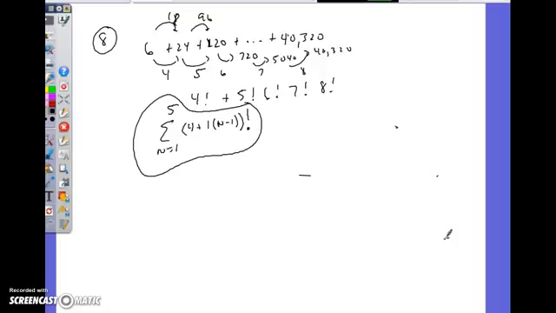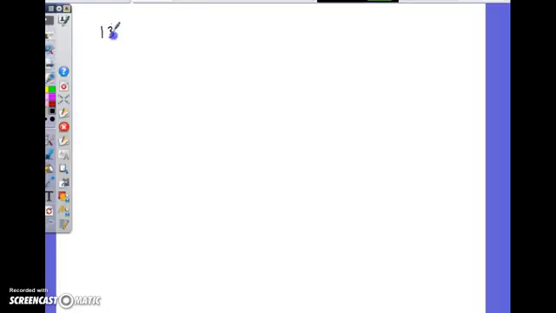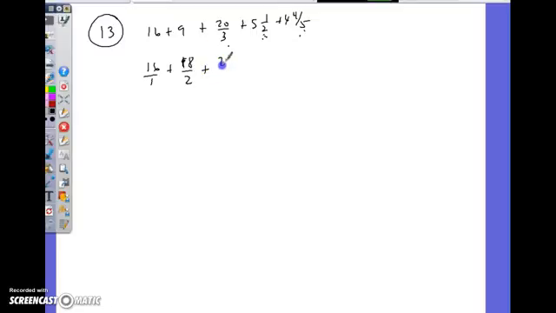Which brings us to number 13. Let's see if we can figure out 13. 13 starts off as 16 plus 9 plus 20 thirds plus 5 1/2 plus 4 4/5. Now, if I didn't give you the hint, you should probably recognize I got a 3, a 4, and something I can easily make a 2, right? Or easily make a 4. So 3, 4, 5. So I might go, aha, 16 over 1 plus 18 over 2 plus 20 over 3